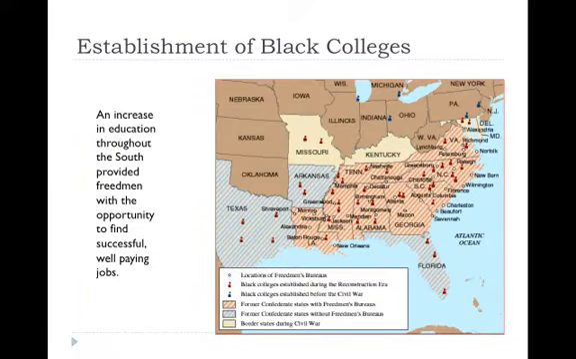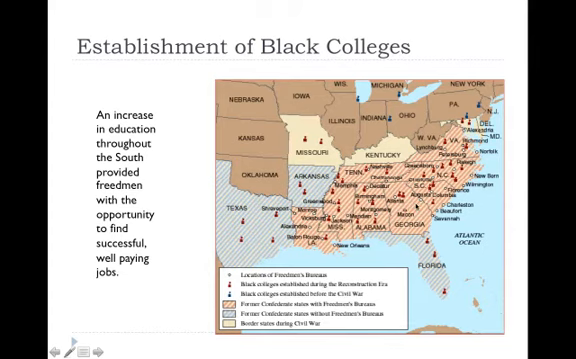There's also an increase in Black colleges or places of education. So this provided freedmen with an opportunity to find successful, well-paying jobs. Here in the red, it shows you former Confederate states with freedmen's bureaus and then also ones without. As you can see, the majority of these states here in the center and not so much on the outside were freedmen's bureau states. If you also look in that area, they have a higher concentration of Black colleges during the